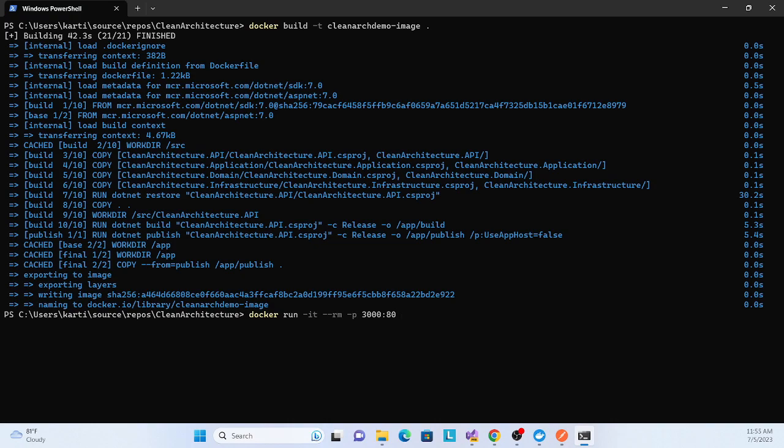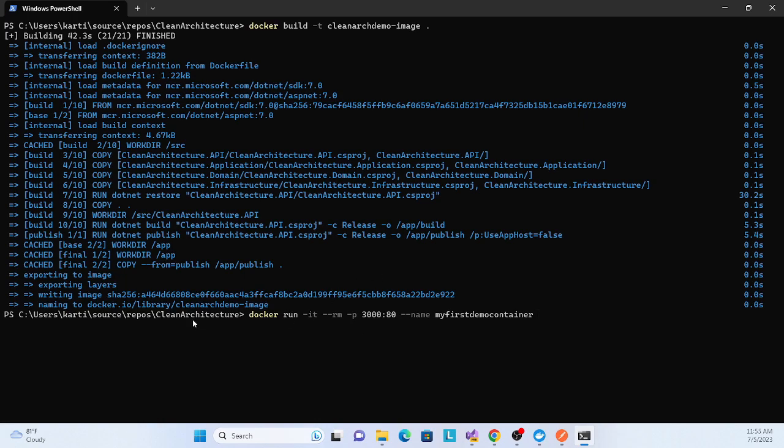It will run our container and our application inside it. We specify the container name, so I'll specify my first demo container, and then specify the image name.